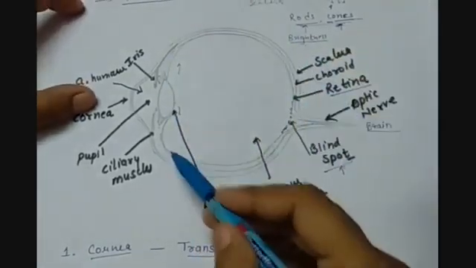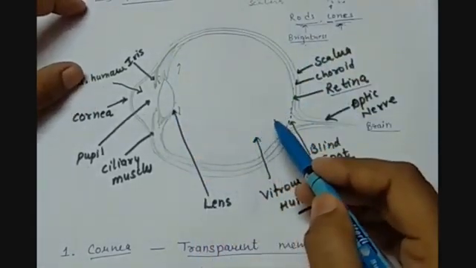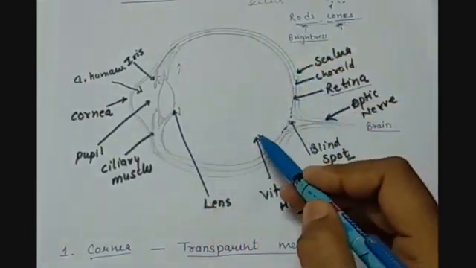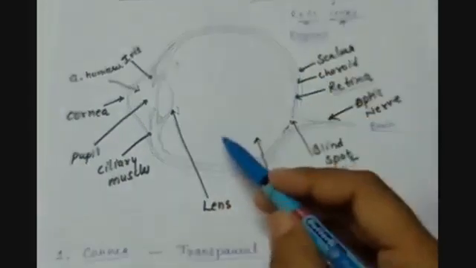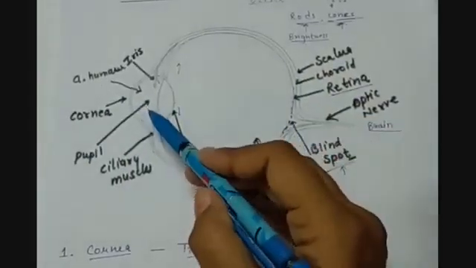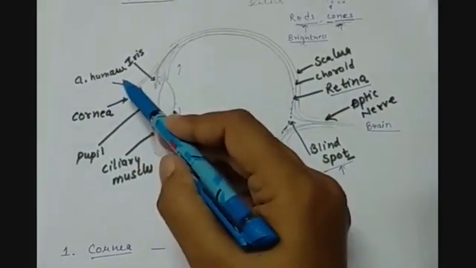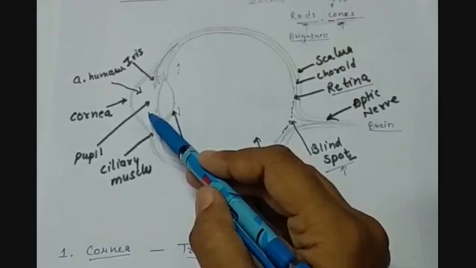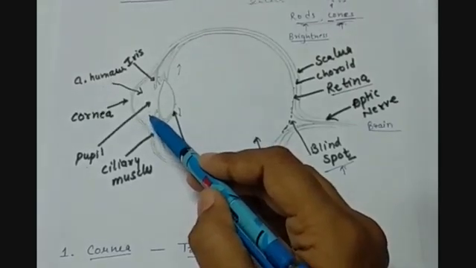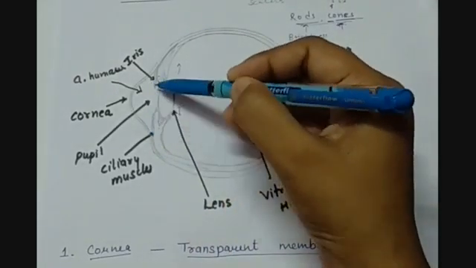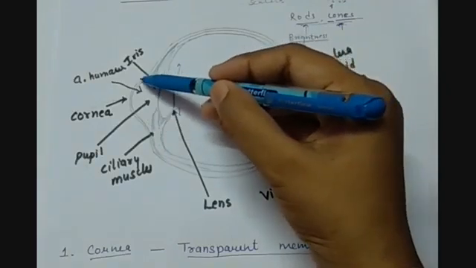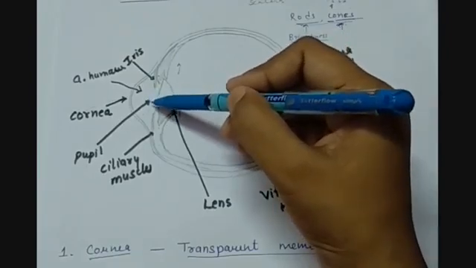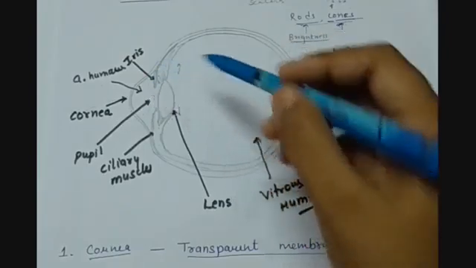The size of the eyeball is from 2 to 3 centimeters. This cavity is filled with vitreous humor, which supports the shape of the eyeball. Here, the cavity is filled with aqueous humor, which gives nutrition to the various parts of the human eye. It also maintains the moisture between the cornea and the lens of the eye, and it also maintains the fluid pressure of the eye.